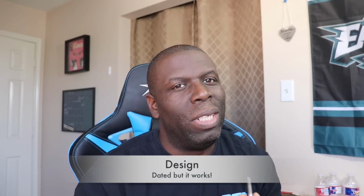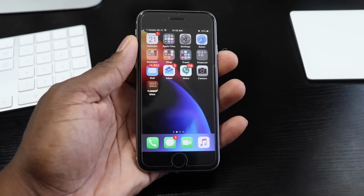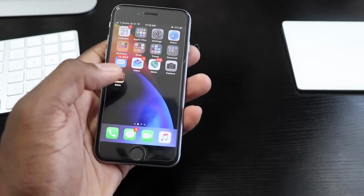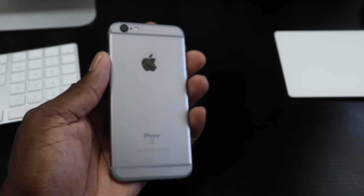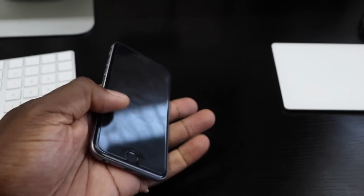Now in this video I want to start with design. The design of this phone is definitely nothing impressive, but the way it feels in hand, the metal body, the setup, small, compact, it's a good look. I mean, there's phones out there that don't feel as premium as this, and they actually cost a heck of a lot more. Now, granted, they are new to the market, but this phone, remember, is 3 years old officially,